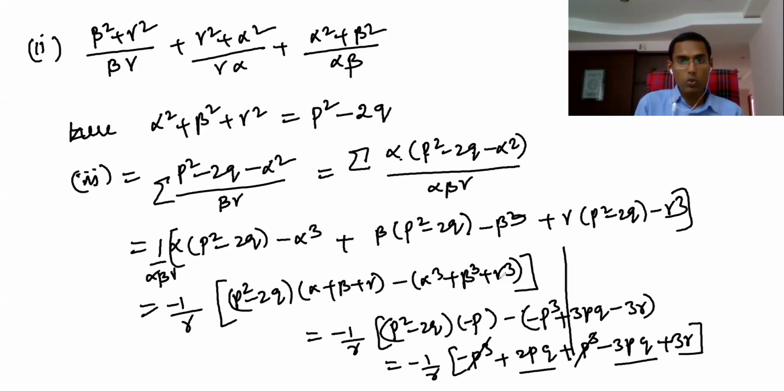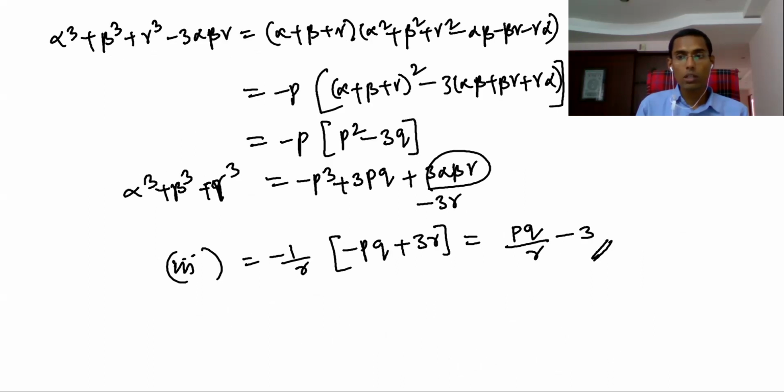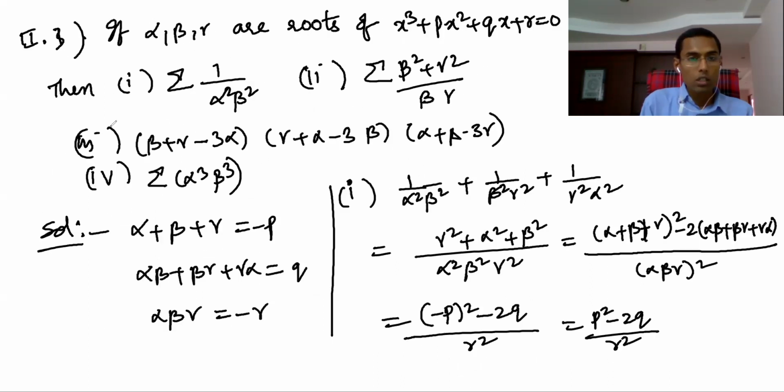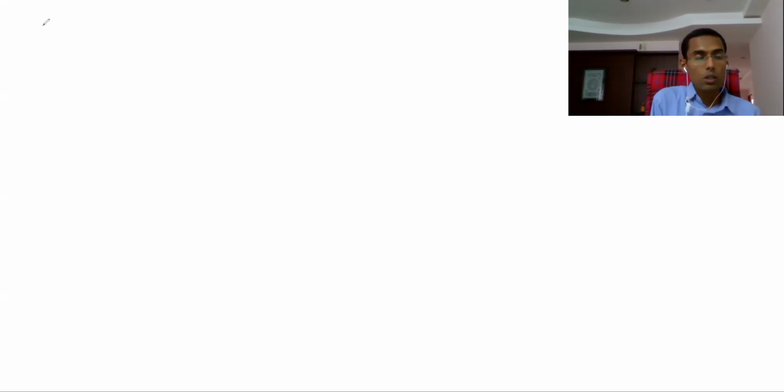So this is a very good, actually good logic is there in this. So you can learn that. Hope you understand. So now let's go to the first question again. What is that? Third question is this. This one we finished, and this one: beta plus gamma minus 3 alpha. So question number 3, I think this is, yeah. Beta plus gamma minus 3 alpha.